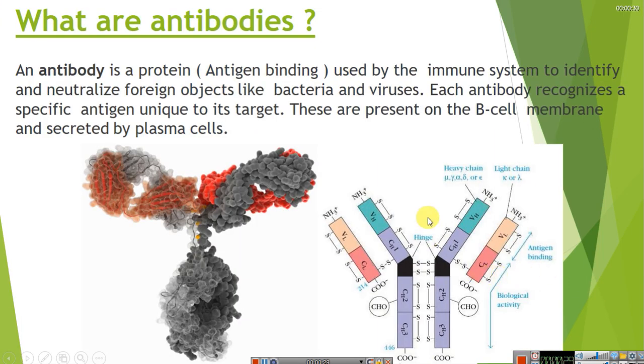So first of all, you know what antibodies are, right? Antigen binding proteins. And you also know their structural features. Okay, so I won't go through this. You know that they are dimers of heterodimers, how the heavy chain and light chains are arranged, and how the intermolecular disulfide bonds keep them together, right? All those things you know, and they can be found on the B cell membrane as well as in free form in blood.